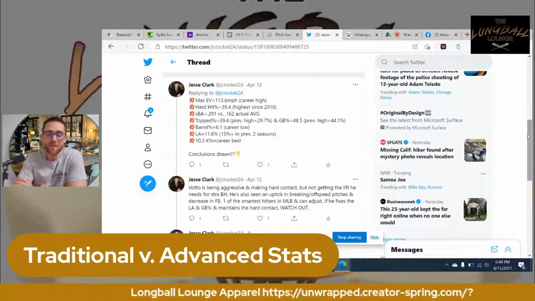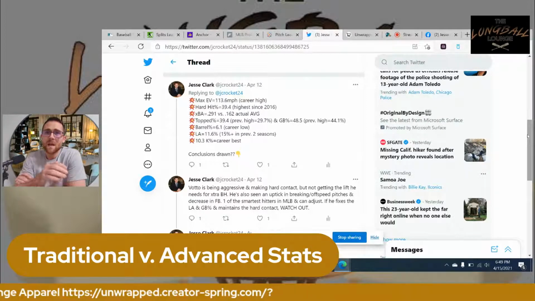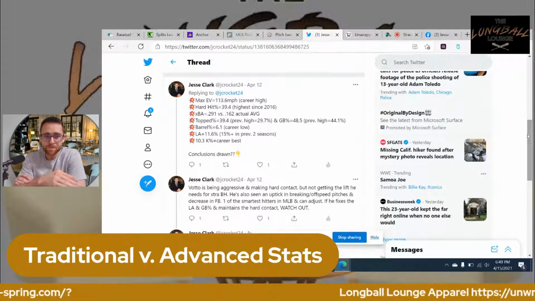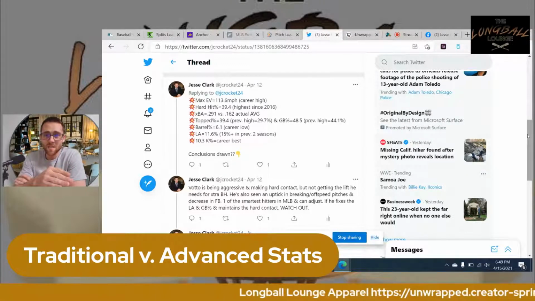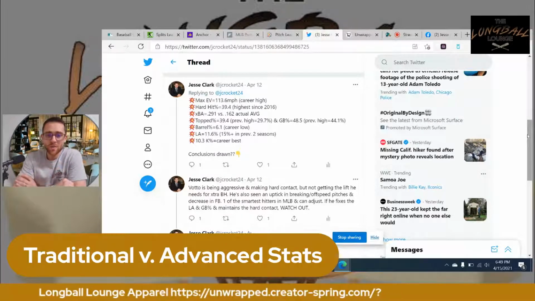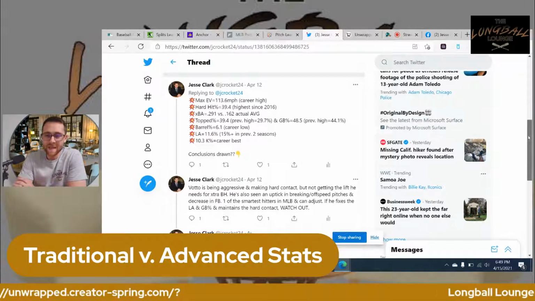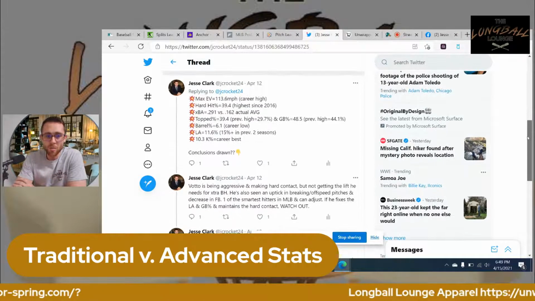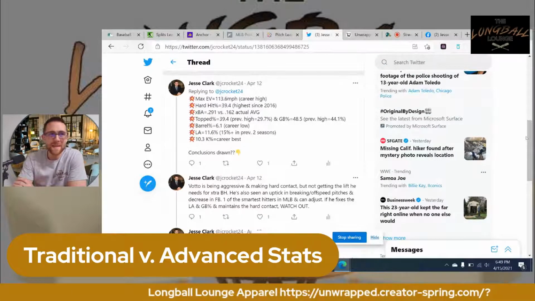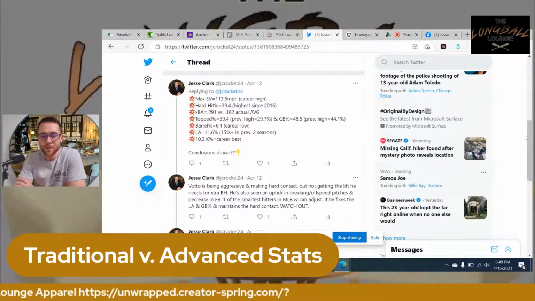But barrels, if you don't know what a barrel is, barrels are essentially exit velocity that goes over a certain miles per hour, so high exit velocity with also the correct amount of launch angle. They say an ideal launch angle to hit home runs is probably somewhere between like 18 to 30 range.